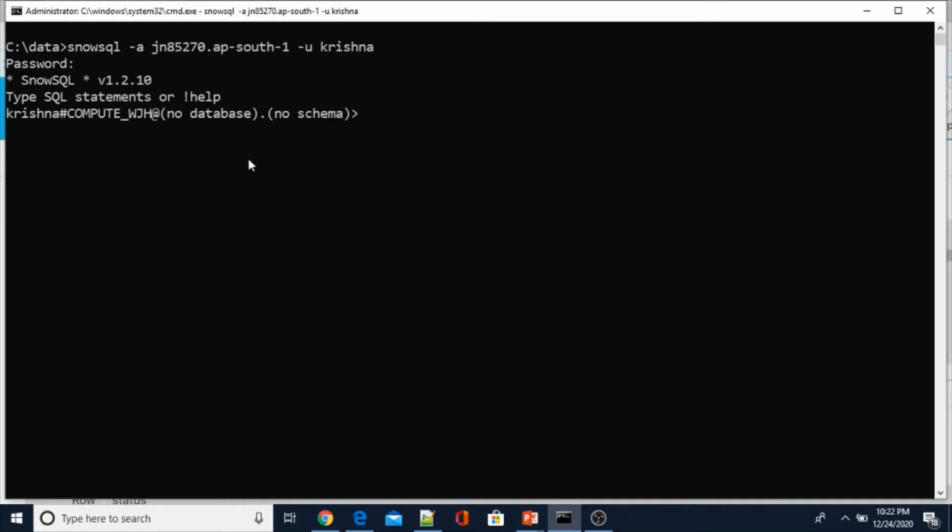Now here we see the moment you log in with your credentials. Here you can see the username and there is no database and no schema. So let me set all these things.